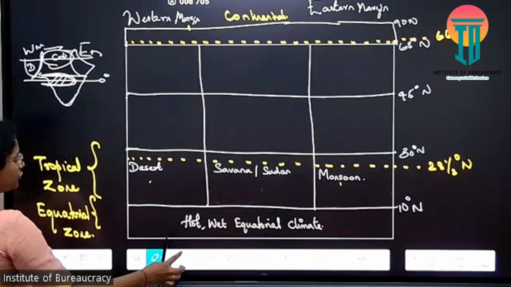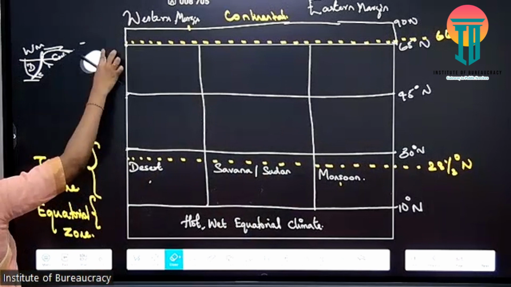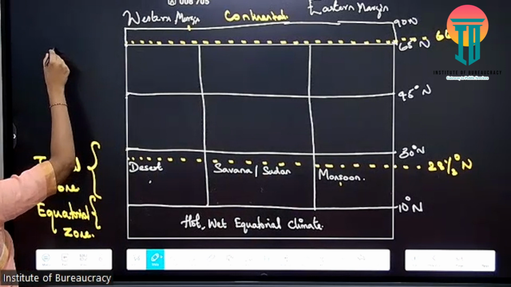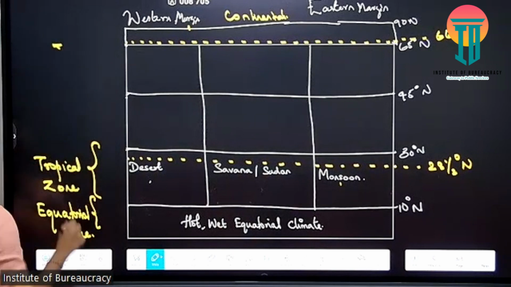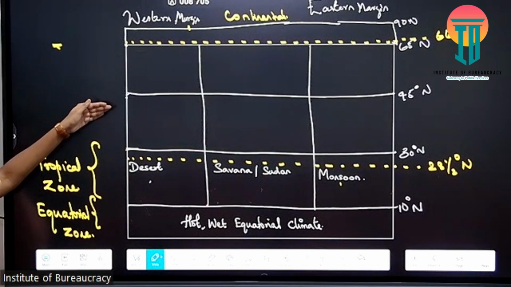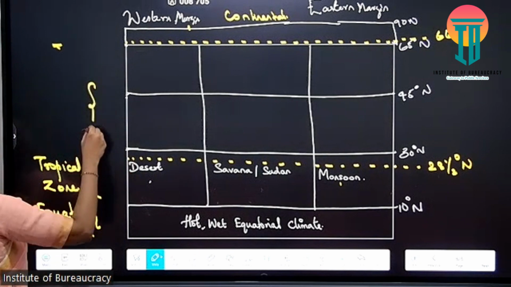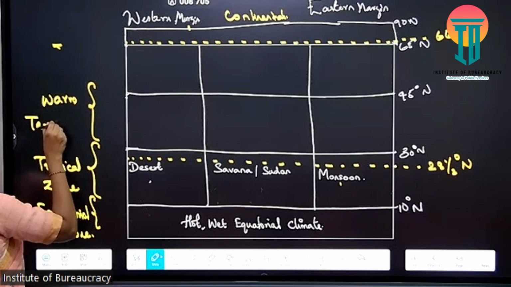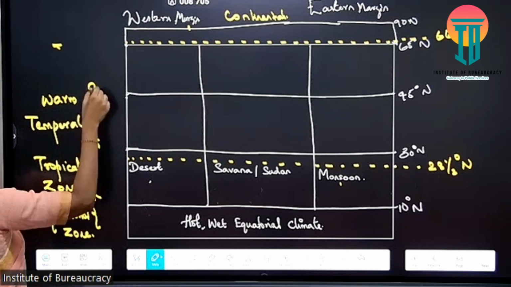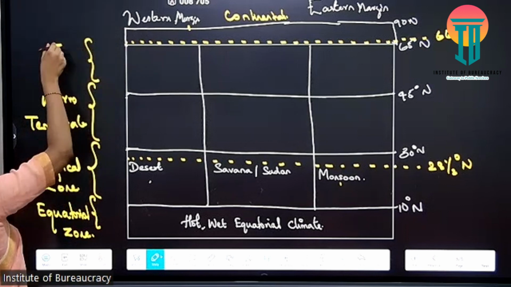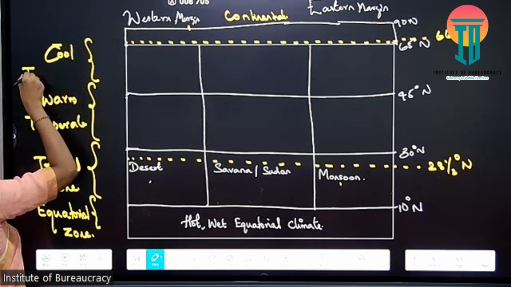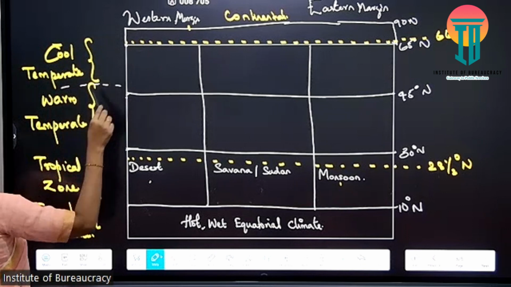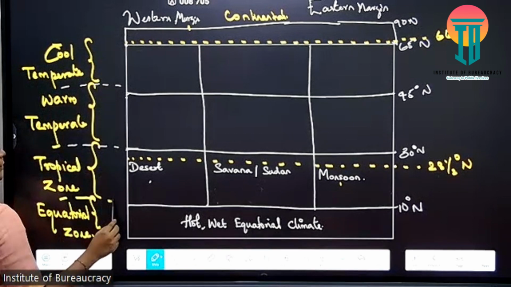When we go higher, when we increase the latitudes from 30 to 45 degree, collectively up to 65 degree is your temperate zone. The temperate zone lying closer to the tropics is your warm temperate, and above which, closer to your polar region, is known as cool temperate. So warm temperate, cool temperate, tropical and